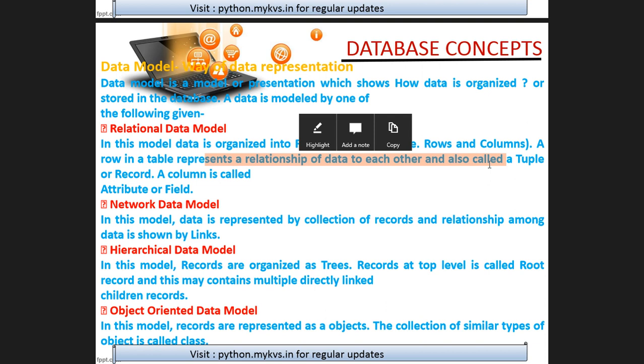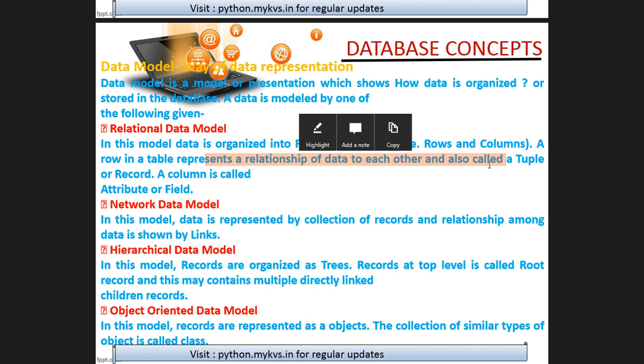For example, if it's a student table, one row will store the student's entire details. If it is a patient's record, the row will store the details of a single patient. If it is our airline reservation system, one row will store the details of one particular aircraft flying from, say, Cochin to Mumbai, and all the different timings which are available there.